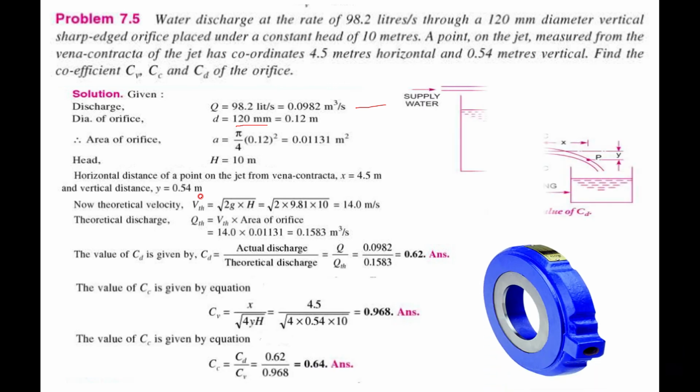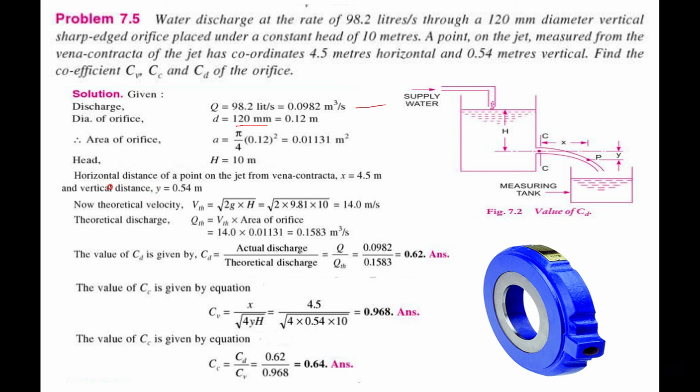So here this is an orifice. Just look here. The orifice will be like this, and this type of orifice is fitted on the side of the tank, and this is the opening here, and the head maintained in the tank is 10 meters as given. And this is the supply of water, and the jet of water is coming out of the orifice. From the vena contracta, just mark the vena contracta, that is where the veins are contracting at that particular region. Just mark it and take the fluid particle position from that point and measure the x value, that is given as 4.5 meter horizontal and 0.5 meter vertical, and just mark these things.